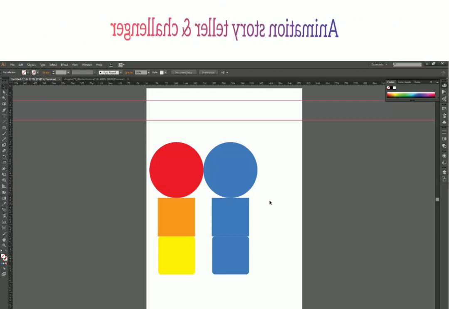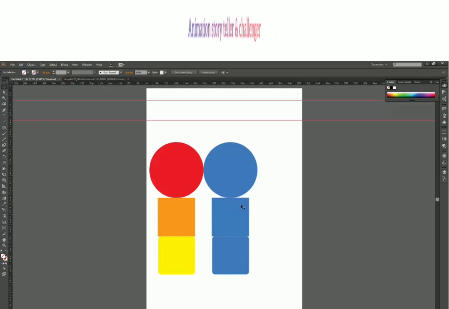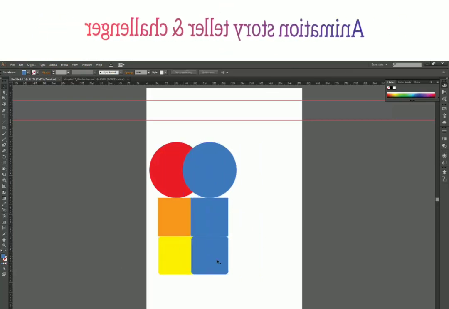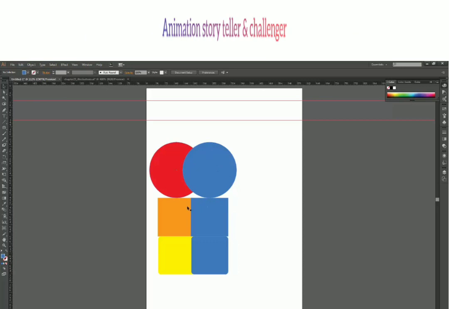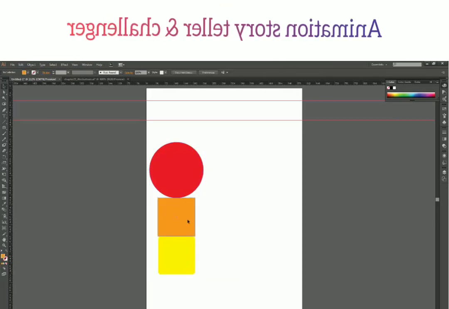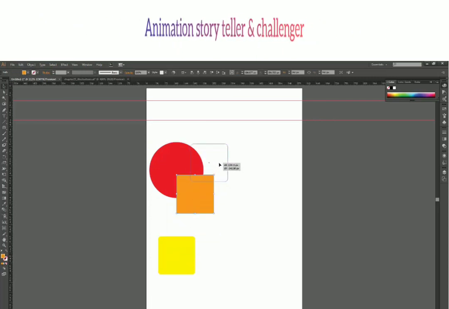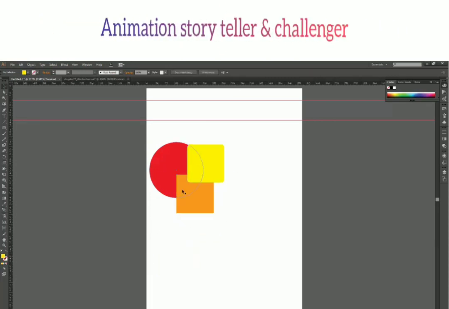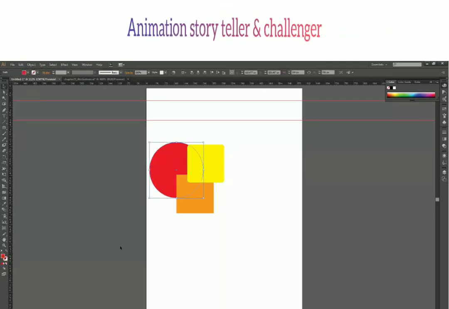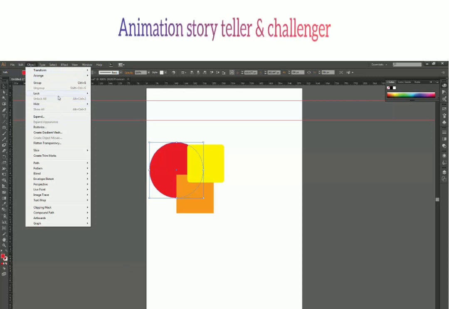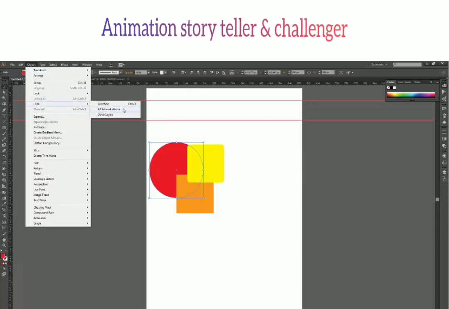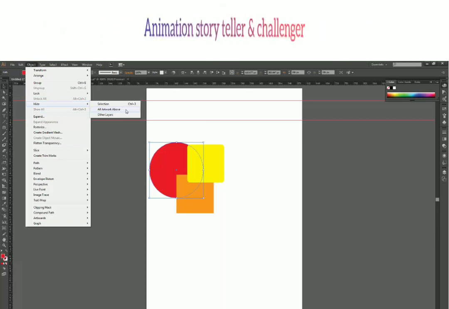Now let us see how can we lock the objects. Before that, we'll see another option about hiding objects. So now what I will do is ungroup this right now and put these shapes one above another. Okay. So here I have two shapes above my circle and I will select my circle right now and go to object, hide, and we will select this option first, all artwork above. And it is very simple, I think.